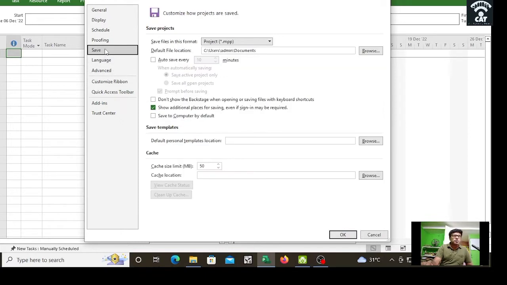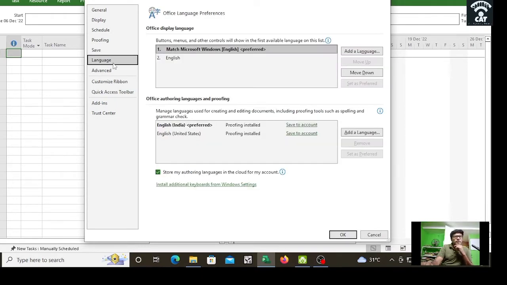so save everything, save. Okay, save. So you just put it in, save files in this format. This is project format, Microsoft Project. You can save it as a 2007 project or project template .mpt. We don't need to do that now. So language, English. Okay, advanced,